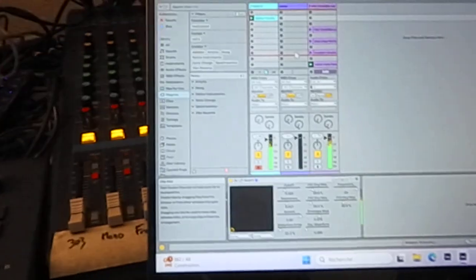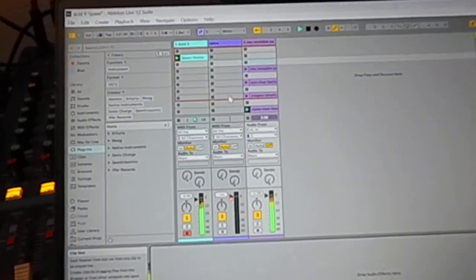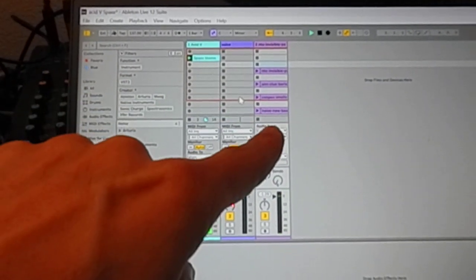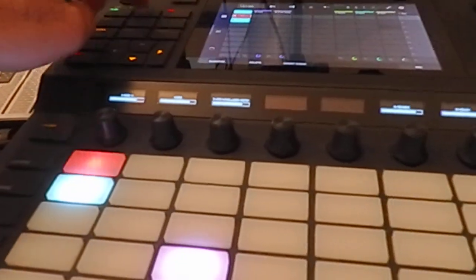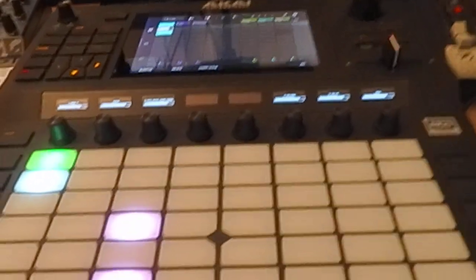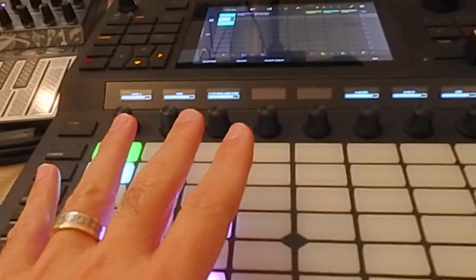So in fact, now when I click here, I'm launching this guy or those one, and I can stop them here. So you see that everything is mapped correctly, so I can really have my Ableton like an extension of what I have